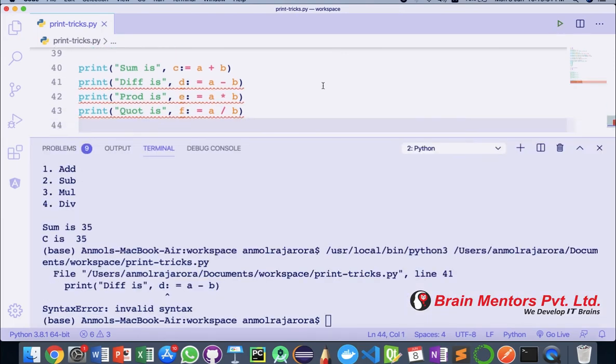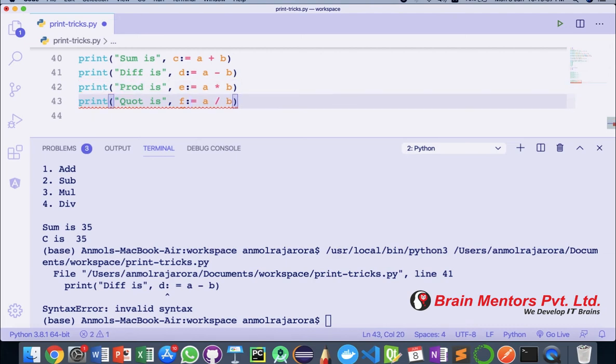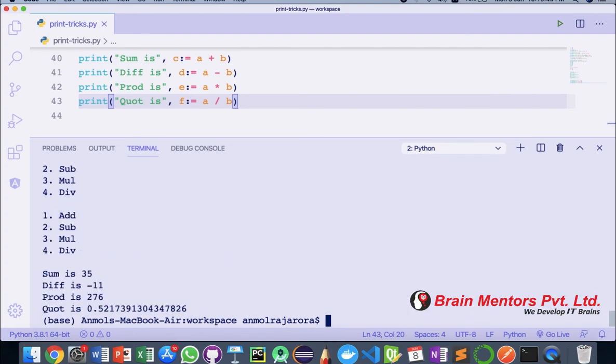Okay, again the same error is coming in here. So it's a little bit of a problem with the linter. Maybe I think the linter is not updated yet to work with Python 3.8. That's why it gives an extra space in between automatically. Let's run this again, and your answer is out here. So sum, difference, product, and then quotient.